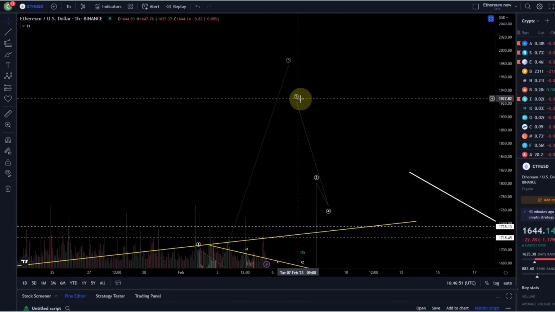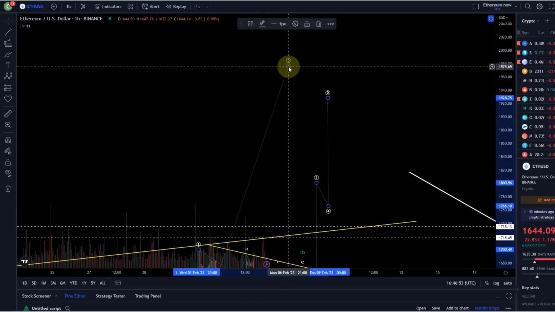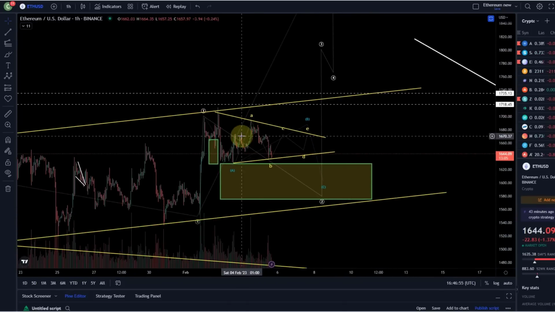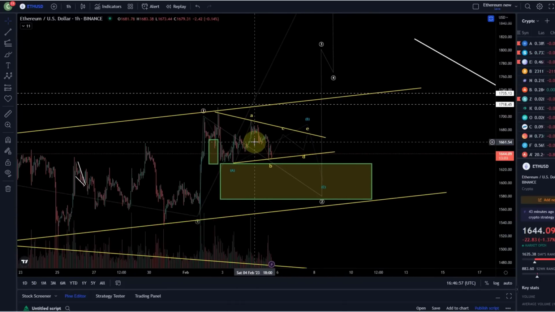That's possible. But again, corrective wave structures can morph into each other. There are dozens of different types of corrections, and it's impossible to say at the beginning of such a correction what kind of correction it will be. Is it going to be a triangle? Is it going to be a WXY structure? Is it going to be an ABC? So I'm following that, as you know, in the videos for you, but it doesn't really so much matter what kind of correction it is.